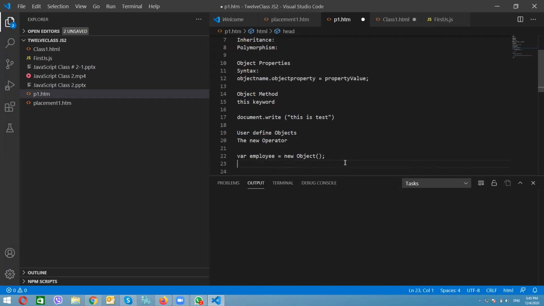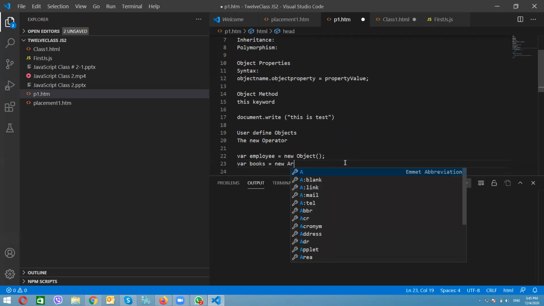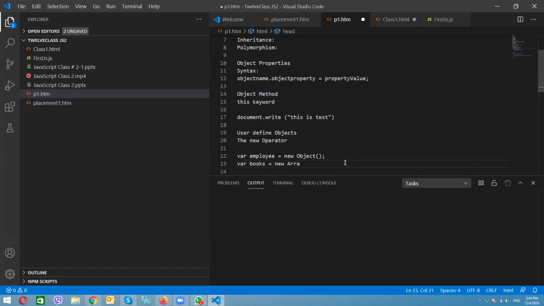And there is another variable, books, which is equal to new Array. We will learn arrays in detail, but I'm just giving you one example of an array.